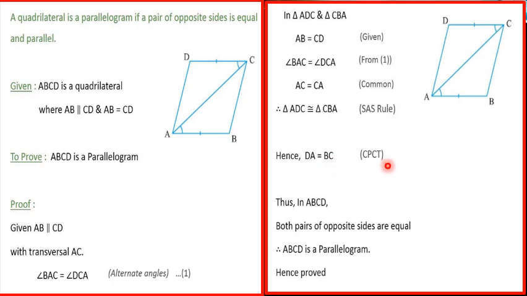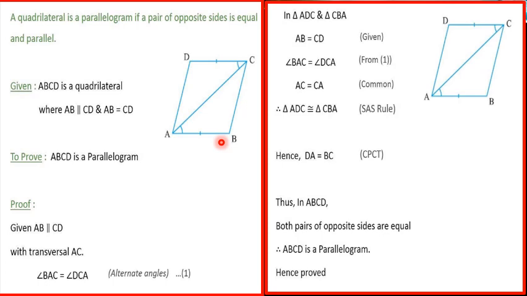Now if you consider ABCD, that is this quadrilateral, both the pairs of opposite sides are equal. That is one of the properties of a parallelogram, isn't it? Opposite sides are equal. So we proved that DA is equal to CB, and already it was given that DC is equal to AB. So if opposite sides are equal, then the quadrilateral is a parallelogram. So from this, what you should know is a quadrilateral will become a parallelogram if one pair of opposite sides is equal and parallel.